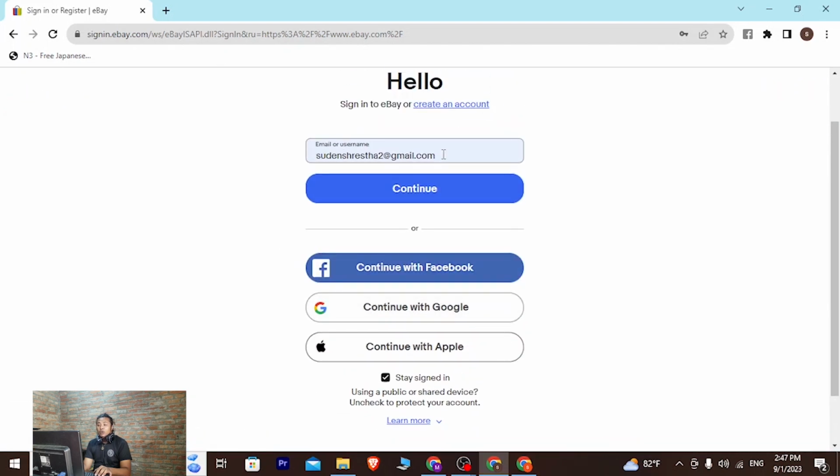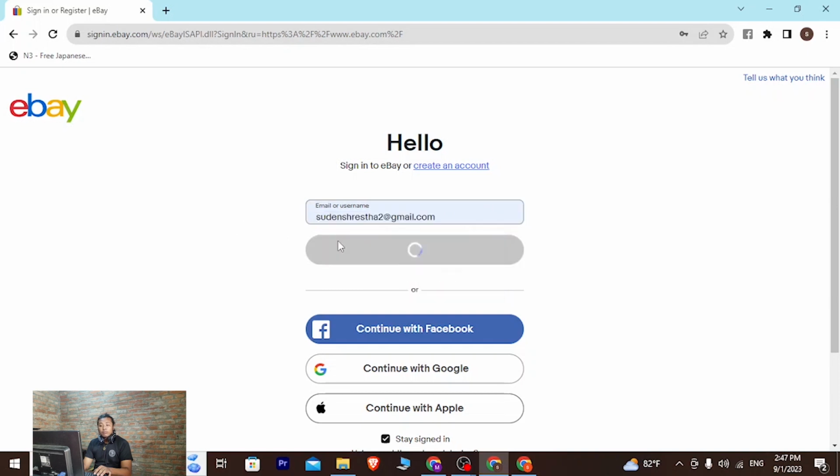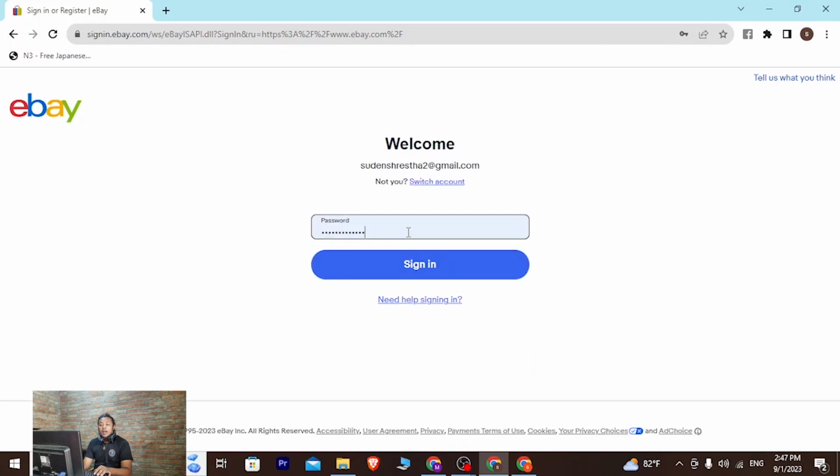Now in order to log into your eBay account from over here, either you can just enter your email address or username, or you can log in with your Facebook, Google or Apple IDs. If you click on either of these three buttons, a login page to Facebook, Google or Apple will open, and if you log into your respective accounts, you will also be logged into your eBay account with your Facebook, Google or Apple accounts. And with that being said guys, after entering your email or your username, click on next, and